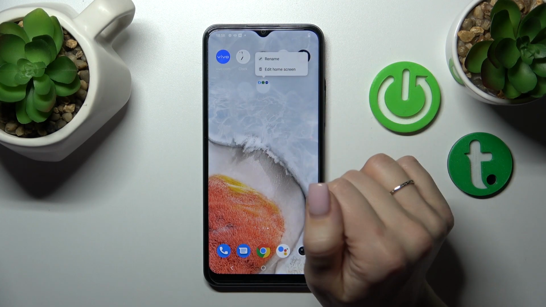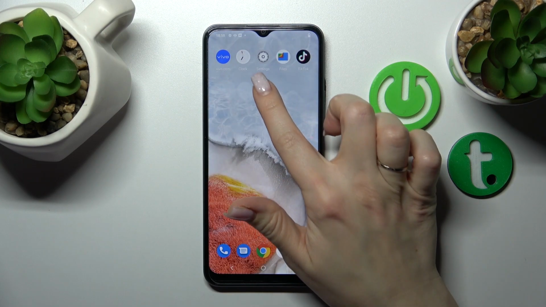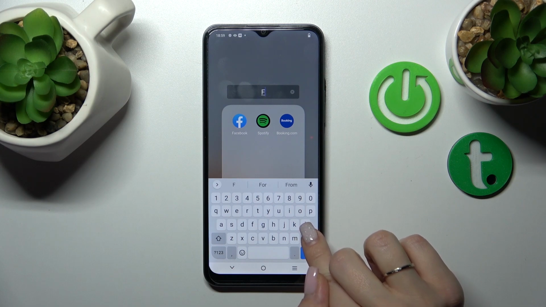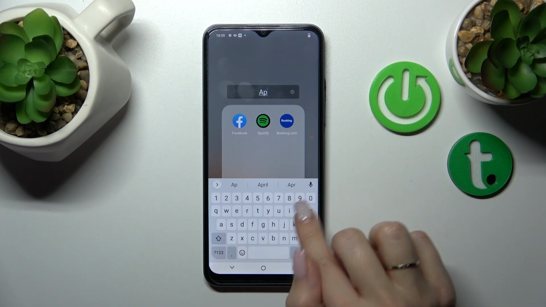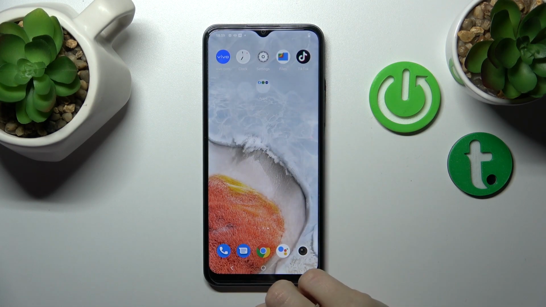If you want to rename the app, just hold it for a while and tap to rename, or also we can just open the folder, tap on the name here and rename it by this way. So now, for example, under here the apps, tap to OK, and we can see that we just successfully renamed